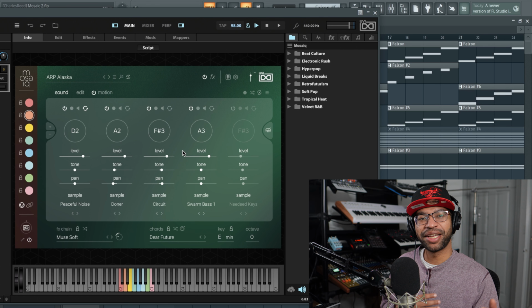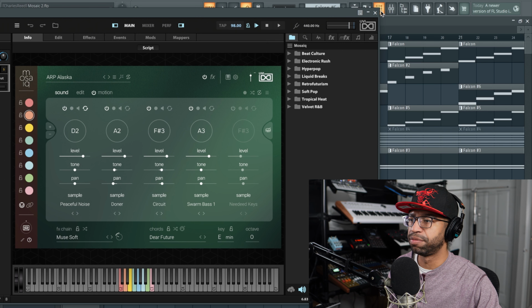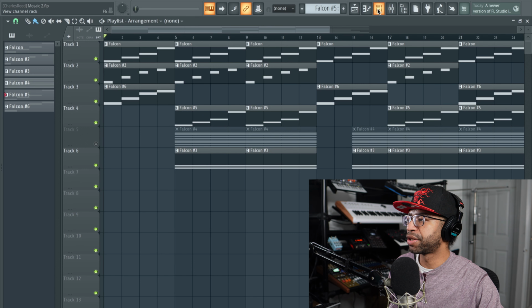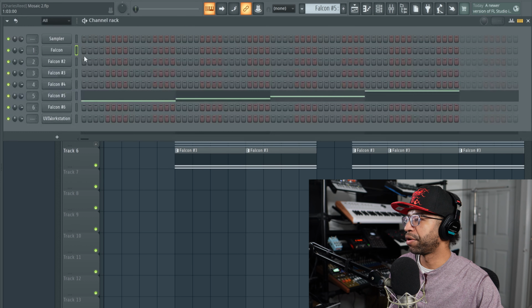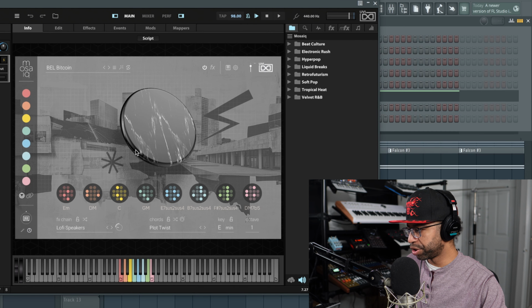So you see what I'm saying? You can get all kinds of different things going. That's kind of actually what I did in this beat. So for one of these sounds, I ended up taking off the end piece and I changed it. So let's go ahead and hop into the second Falcon right here. So boom, as we hop in here, you'll notice if I push,